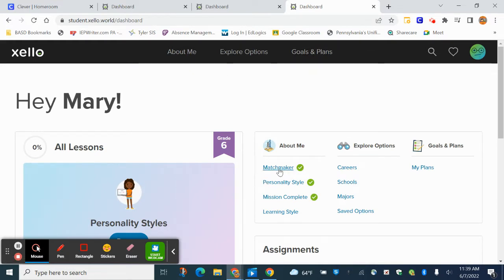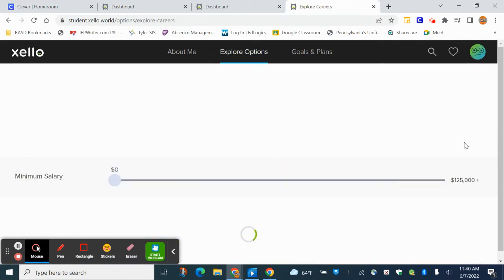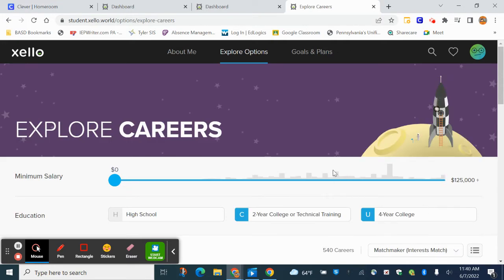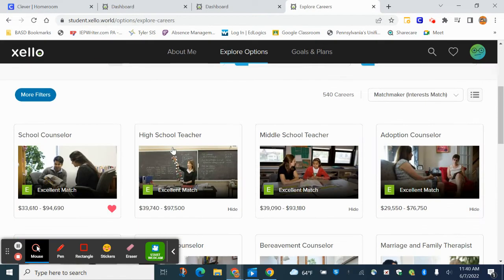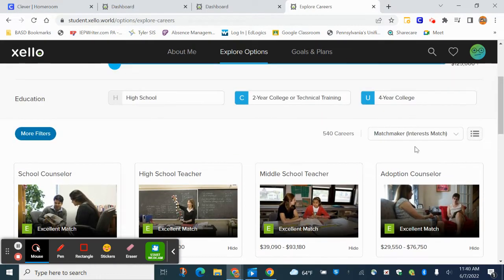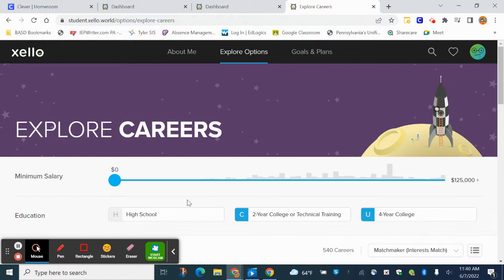If you do not have a check mark next to Matchmaker, that means you've never completed Matchmaker before. That's something you're actually all going to do today. So whether or not you're done with Matchmaker and you have a check mark next to it from another time you did it, go ahead and click on Matchmaker here. If you've already done Matchmaker, you should see some answers pop up, some things that you have done before. If you have not ever done Matchmaker,